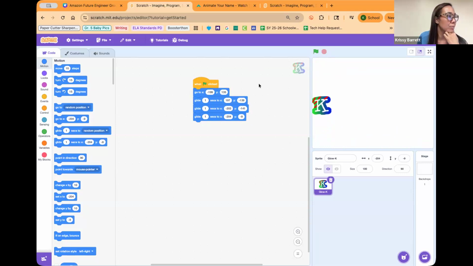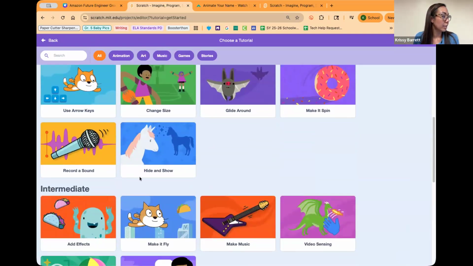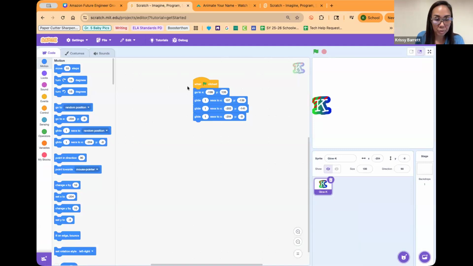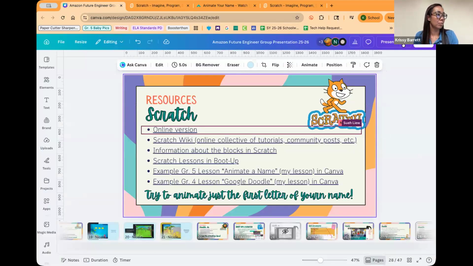And like I was explaining, as the kids do their name, I encourage them, like, okay, I'm not going to be here all the time, and sometimes the classroom teacher can't help them. So I say, okay, look into the tutorials, decide what you want it to do, and then follow those things to make your other letters do different things. So that's just a very, very small, fast taste of Scratch and what it can do.